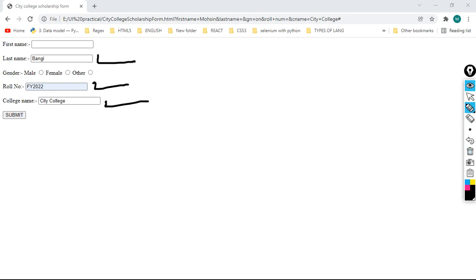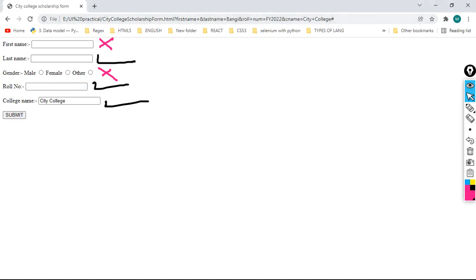What fields are incomplete? First name is incomplete, gender is incomplete, correct? And now what I will do, I will click on the submit button and let's check the output.